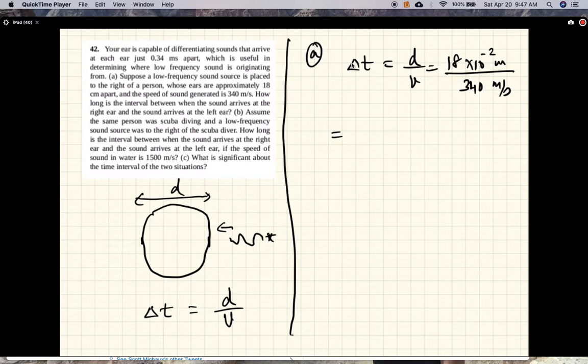We'll bring the 10 up there, so that becomes 10 to the minus 3, so 18 over 34 times 10 to the minus 3, and the meters cancel, so this is in seconds, a millisecond. Okay, so this is equal to